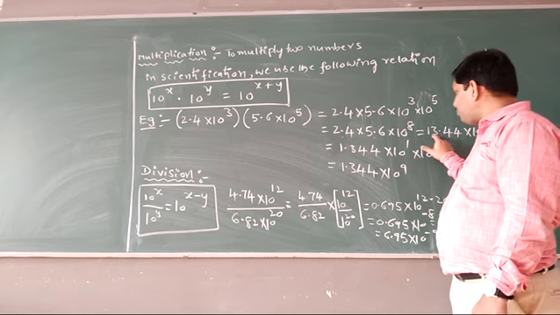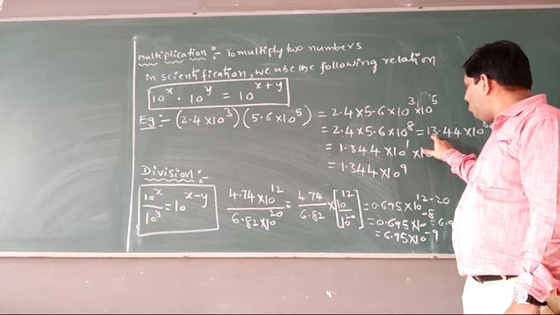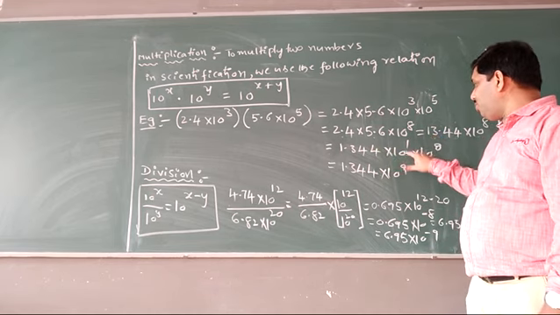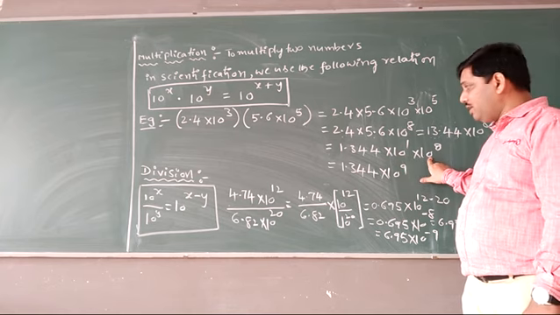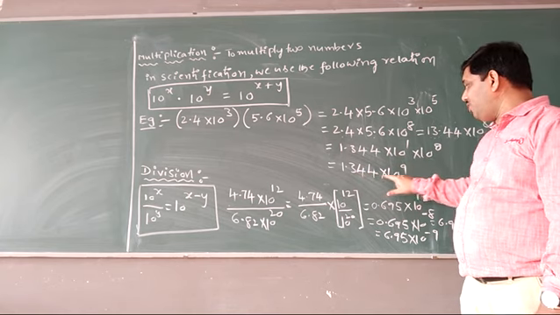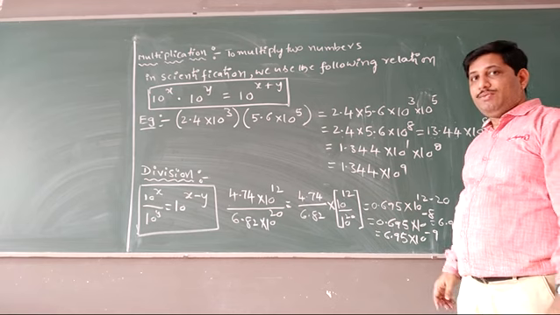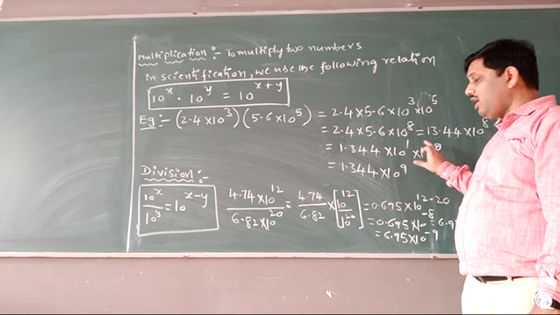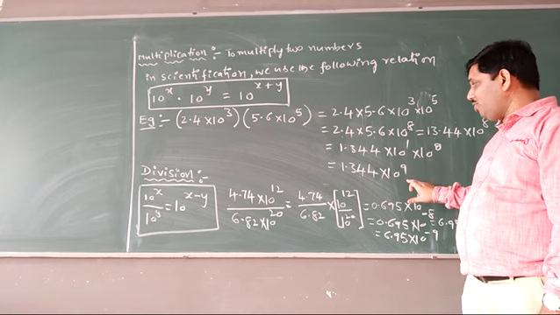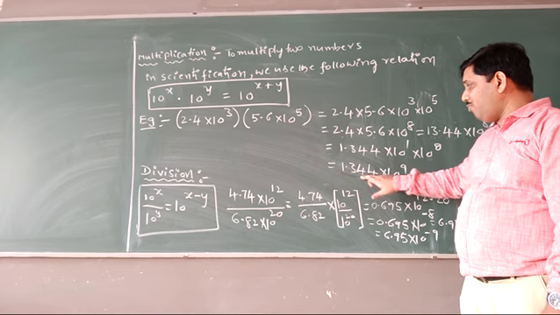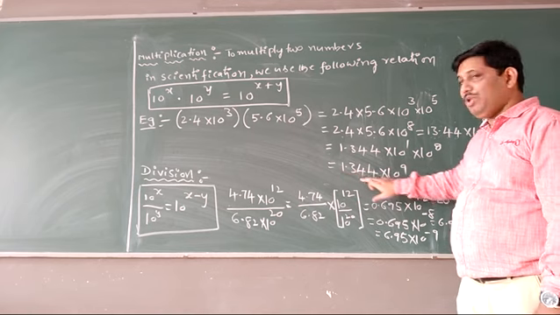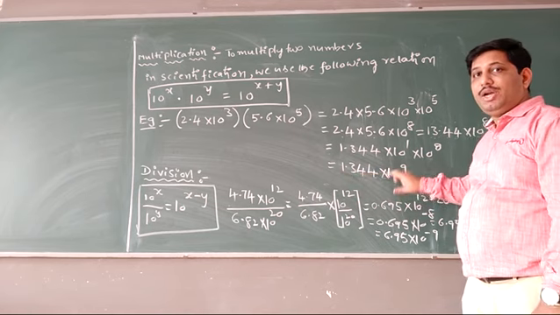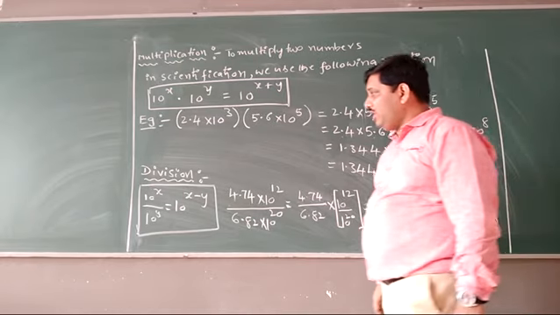That is 1.344 into 10 to the power of 1 into 10 to the power of 8. It implies 1.344 into 10 to the power of 9. Why? Because 10 to the power of 1 into 10 to the power of 8 is 10 to the power of 9. The final answer is 1.344 into 10 to the power of 9. Similarly, students,